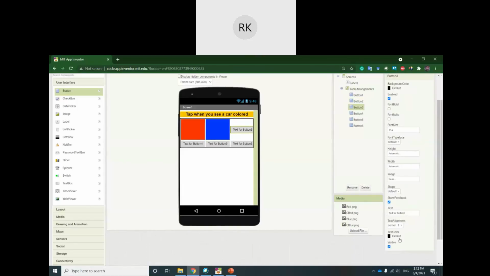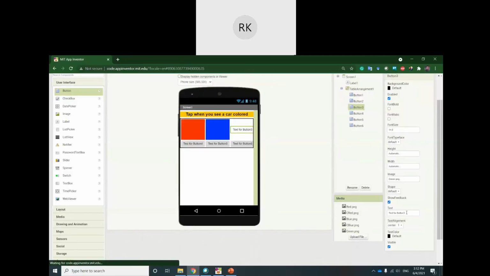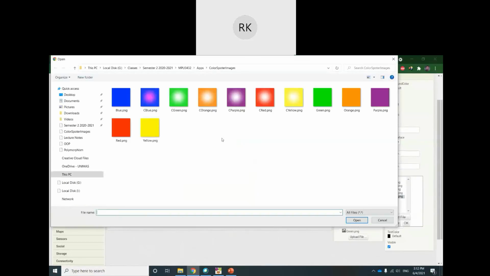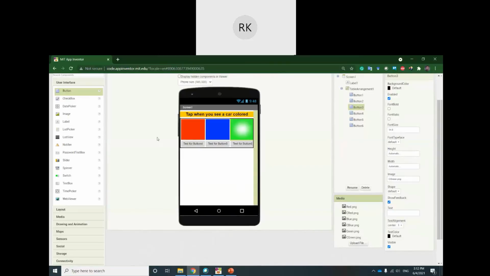The third one we will change to green, and let's upload a file, the green one. It doesn't matter in what order you upload the images, you can change again. So then the green circle one. Okay, now this one